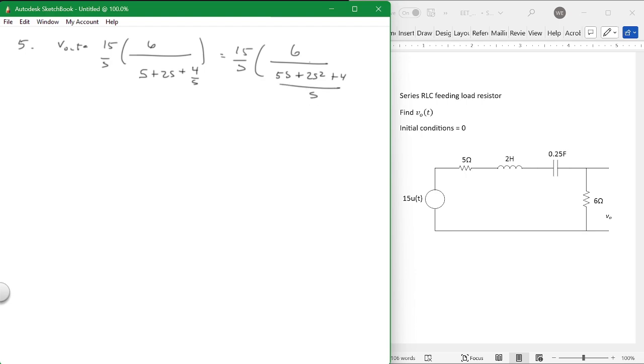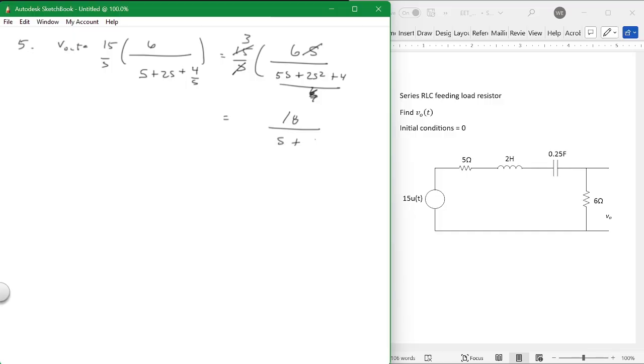So this becomes the numerator, so this flips up to here, and these cancel out. So now you've got basically just 15. Okay, now you can look at the 5S, and this 15 becomes a 3, and this becomes a 1. So it's 18 over S plus,